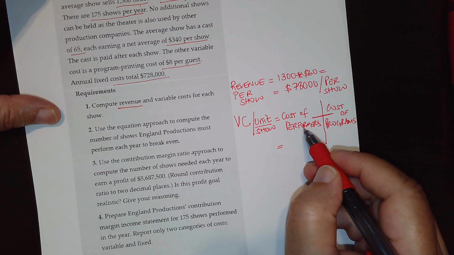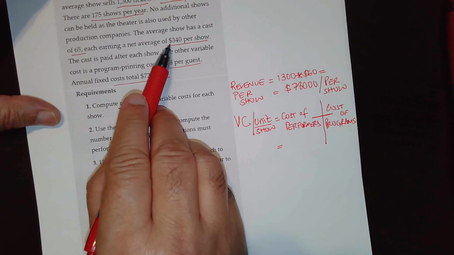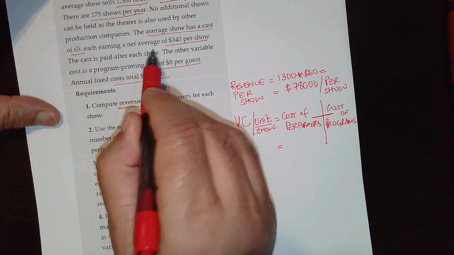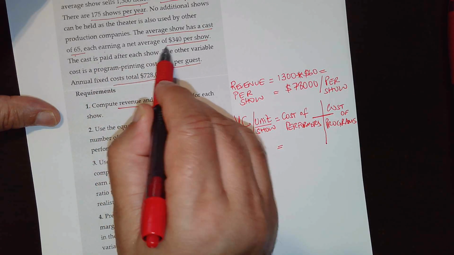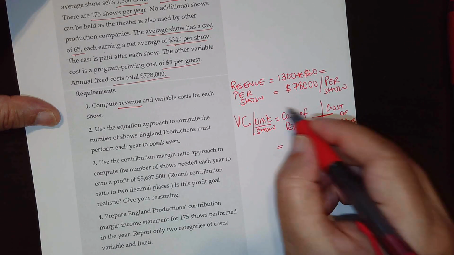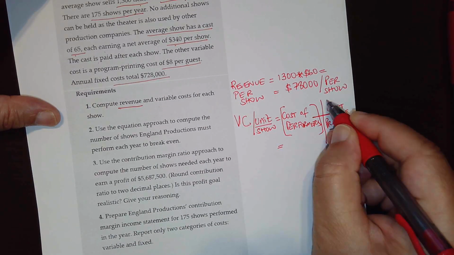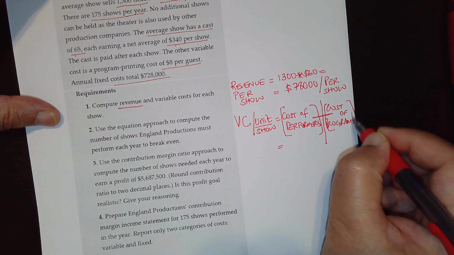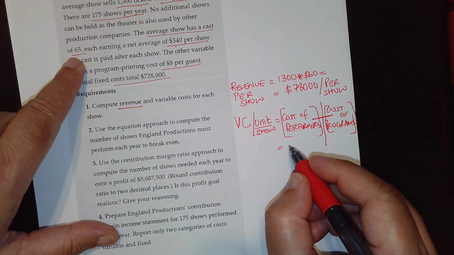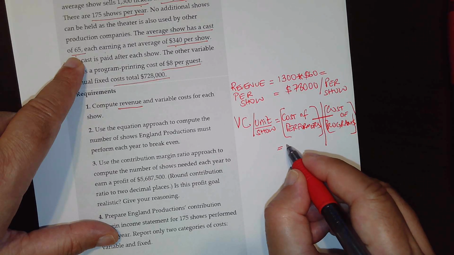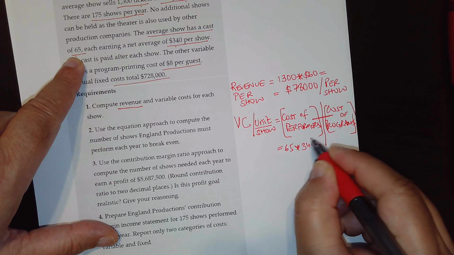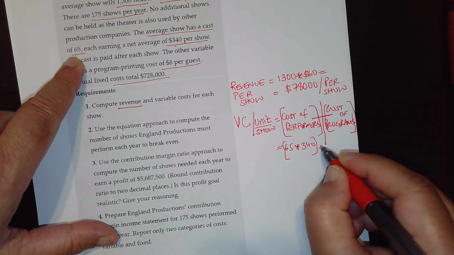So the cost of performers: the average show has a cost of 65 performers, each earning an average of $340. If we put that in brackets, we have 65 multiplied by $340, plus